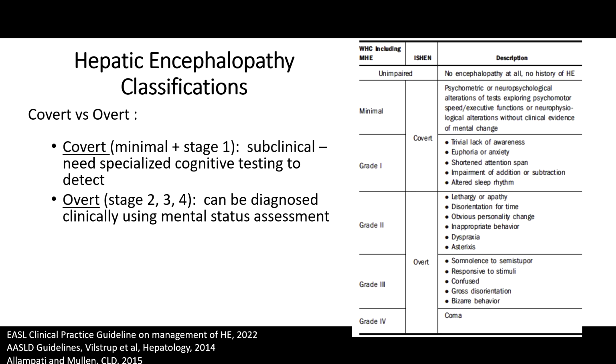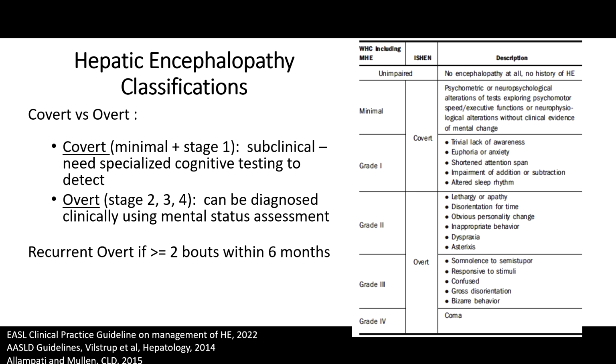But it's going to be more the overt that you guys are having to deal with and really triage and use medications for. So overt is going to be your stage 2, 3, 4. And this is diagnosed clinically. So really, this is using a mental status assessment. These are the patients that are having asterixis. So you check them and they've got the flap. So this is something where you don't need other blood work. You just know they have underlying chronic liver disease, cirrhosis, they're at risk for this, and they develop these symptoms